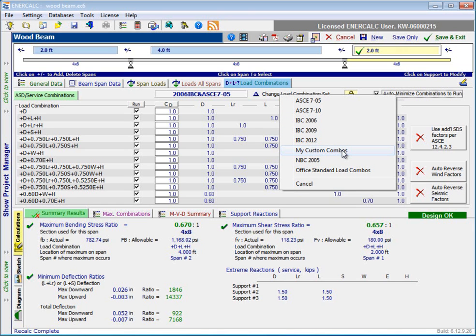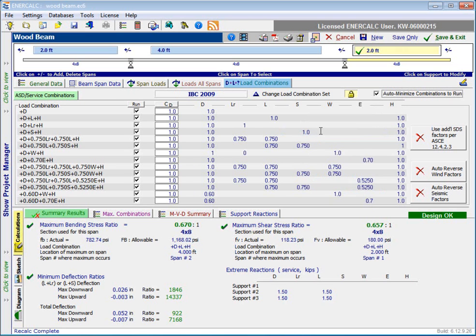In my case, I have some custom combinations that I've played around with a little bit, but the one that I'd like to select for now is the IBC 2009 set. So I'll just point to it and click, and now it's indicated as the load combination set that's being used. Those combinations are echoed or indicated over here in the list,